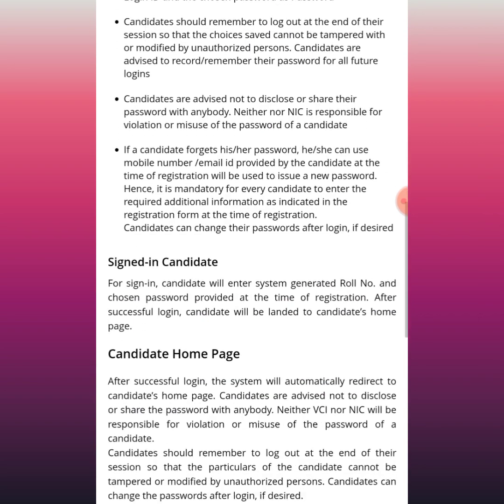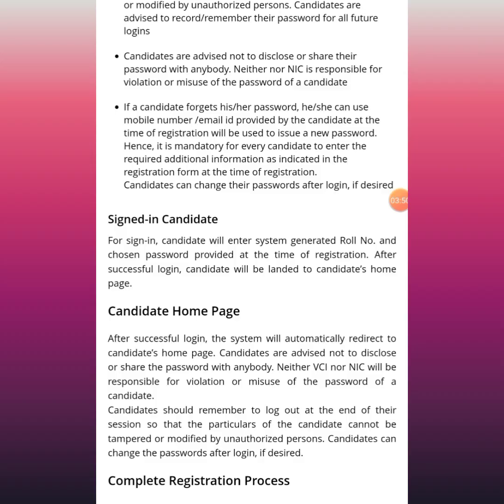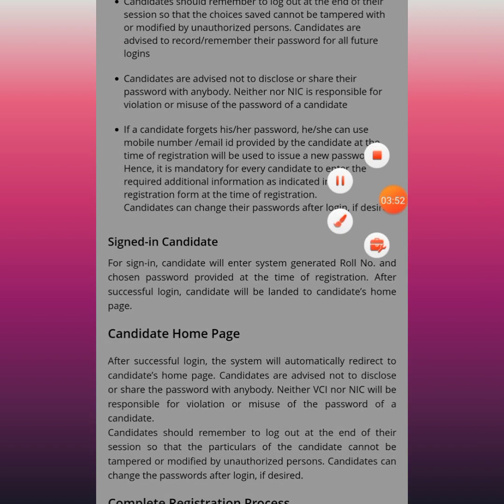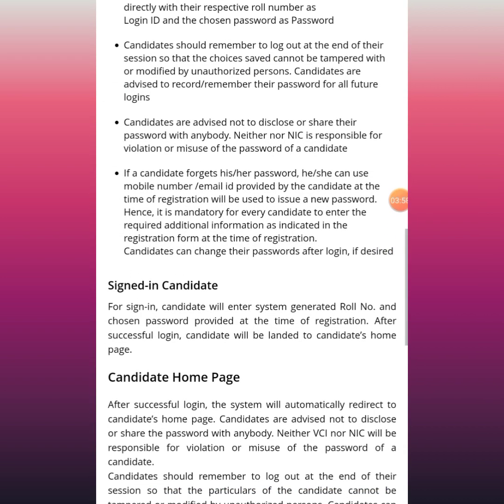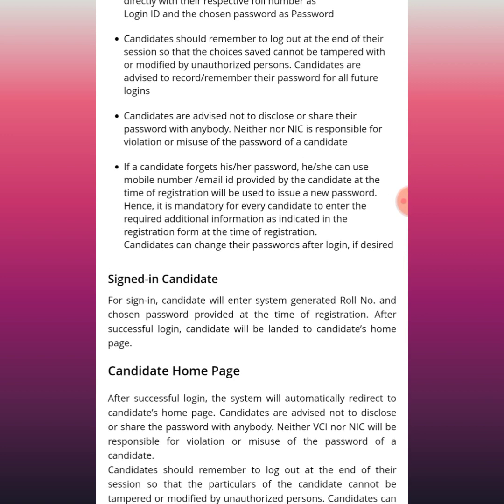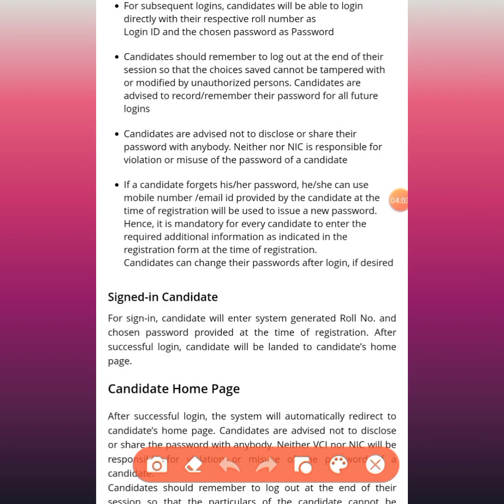Subsequent login: like you have applied, now you want to check which college, or you want to change the sequence of colleges, then where do I have to go? For that subsequent login, you have to directly log in with your roll number or login ID, and choose the password. So two options will be there, roll number or login ID. You have to enter the respective roll number and password.